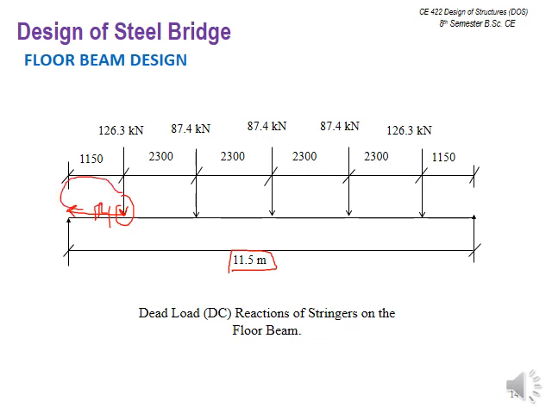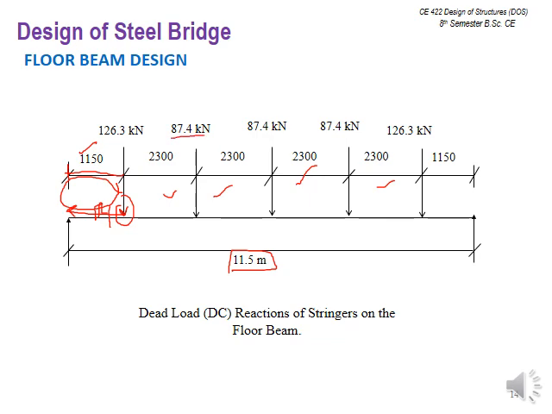This part is 1150. So in this particular region you may have the curb anywhere, depending upon the stringer location. But this clearance 1150 is available from the center of the exterior stringer to the extreme edge of your floor beam to accommodate the curb, and to accommodate the plate girders or the trusses, the main supporting element for the bridge. In between will remain the same, that you have already designed, these spacings 2.3, multiplied by 4, which was the roadway width we calculated earlier, including the clearance and all other things.